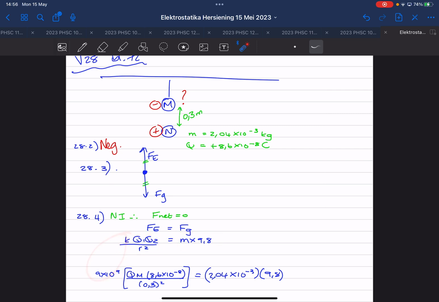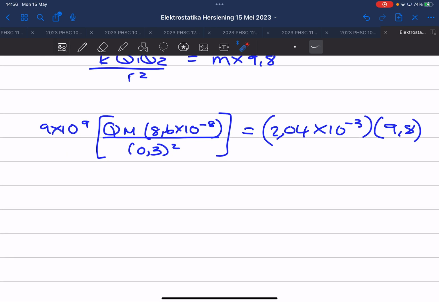Okay. M, I want to know, ek wil weet wat is 'n lading. N, they gave to us. The distance between them het hulle vir ons gegee. En hierdie is die gewig, die gravitasiekrag op N. So it's just mass times gravitational acceleration. Goed, en as jy hom nog gaan moet uitwerk, gaan jy